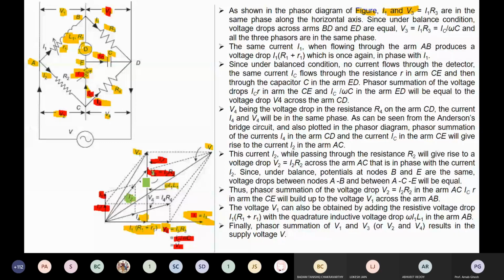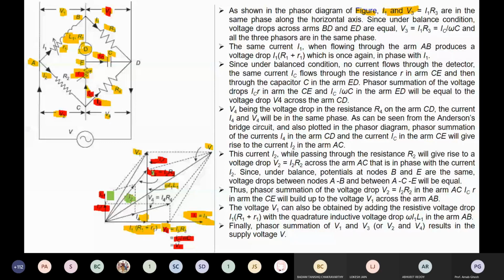So what is the value of I2? I2 equal to IC plus I4. You know the value of IC, so you can subtract IC from I2. So this portion will come. This dotted line will become your I4. So you can draw the parallel line of this dotted line. So it is your I4.